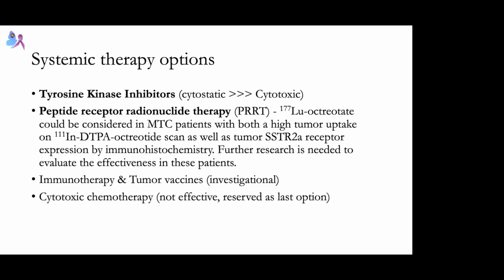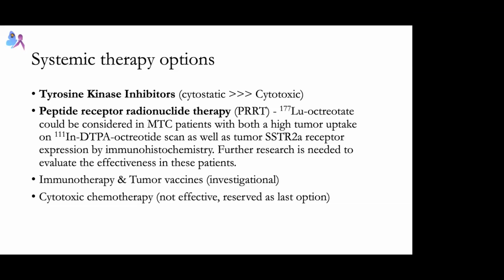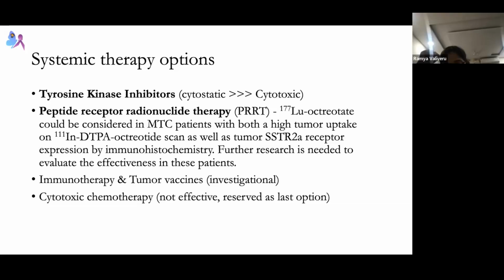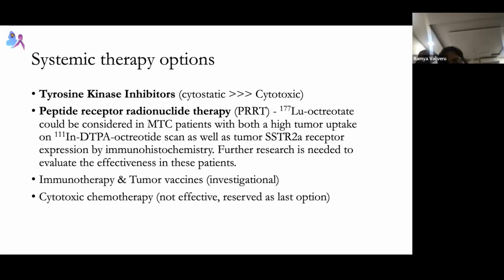As second line, lutetium therapy is given. Lutetium therapy is a PRRT, peptide receptor radionuclide therapy. TKIs and the PRRT. Somatostatin receptor antagonists also can be used as systemic inhibitors. They actually, I think, palliate the symptoms, but they're not like systemic therapy. See, basically, lutetium is the one that is the active element, and it is tagged to octreotate. It's a somatostatin receptor analog, right?